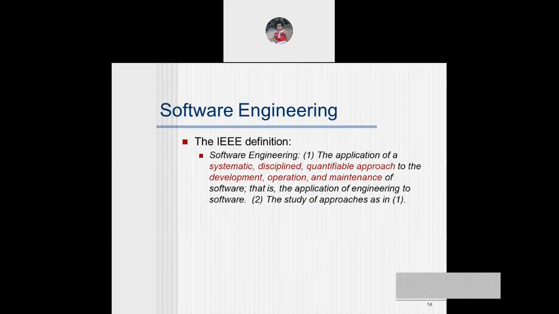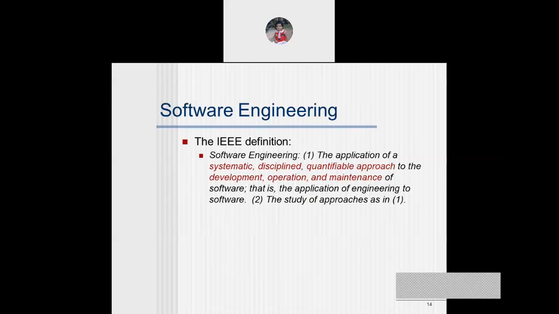So it should be a limited number of things, the things that are required by the client. We want to take that much requirement in the particular project development. That we call a quantifiable approach. So all those things is an application which contains a systematic, disciplined, quantifiable approach to the development, operation and maintenance.